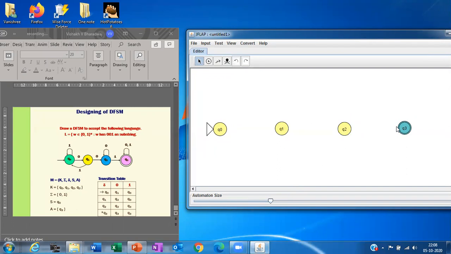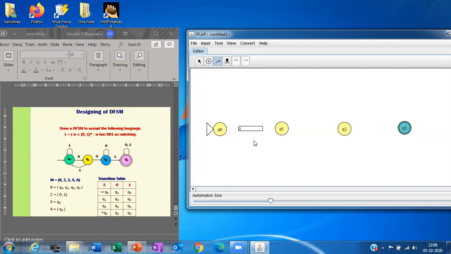Now the next thing we have to do is go with the transitions. So I have to select the third one, transition create. Click here and just drag it, and a rectangle is drawn. After the rectangle is drawn, here we need to write the input you have given, that is 0.